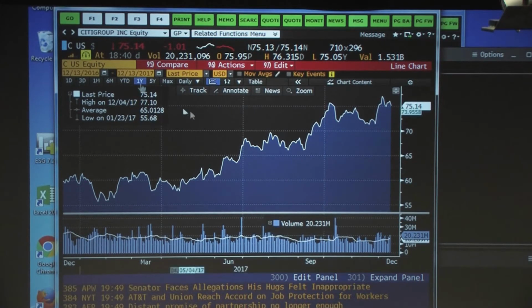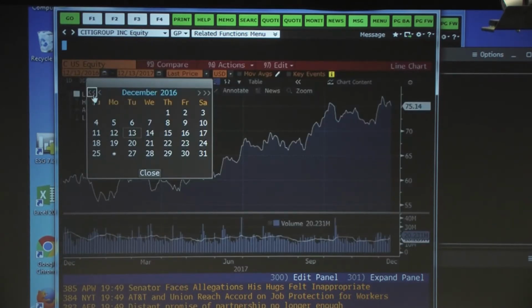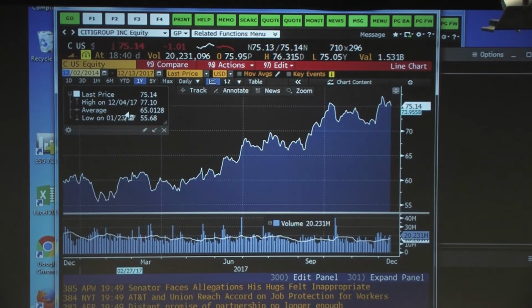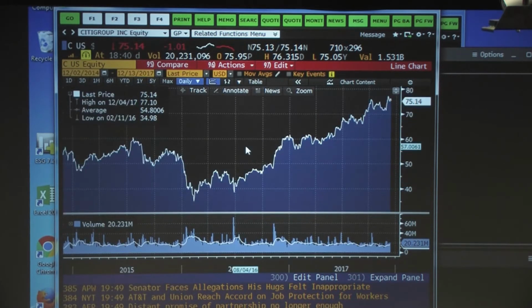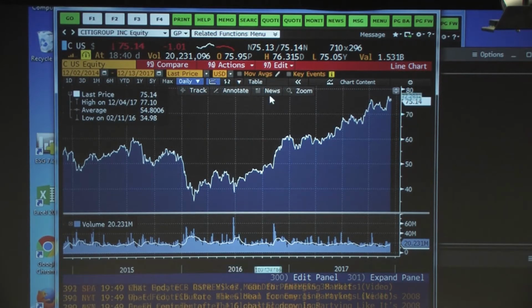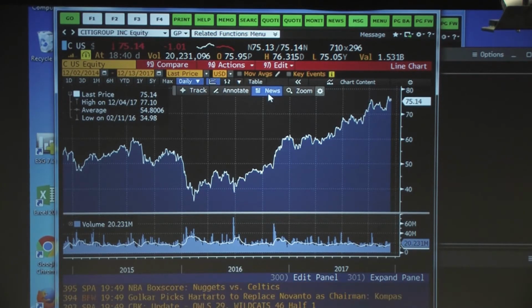But basically, if you change any of these orange boxes, so let's say you want to change this December number, you want to go back 3 years, and you want to look at it from a certain date, click enter, and it'll do that for you. But let's say you want to see how the stock's price has moved relative to certain news that's gone on. So if we click on this news function right here, it should open up